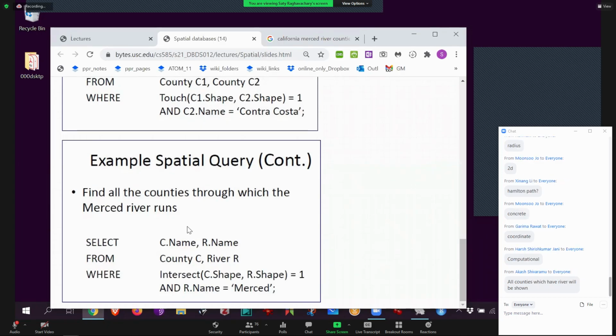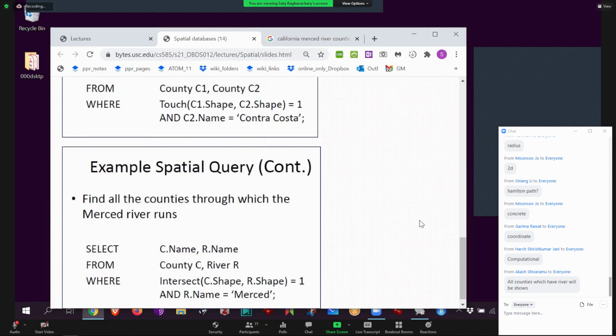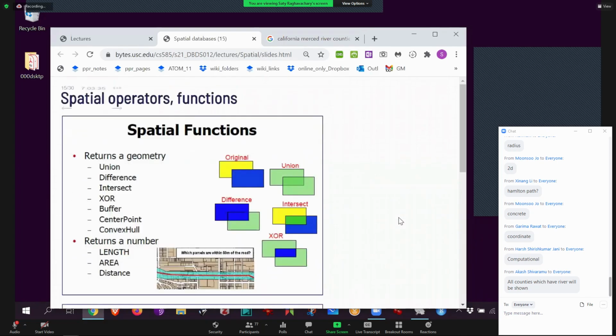All counties which have river, yeah, you're almost on the right track. Can you phrase it a little bit differently? You're right. All counties, and the word all can be repeated. All counties and all rivers, which is actually what you're trying to say. In other words, for any river, if it touches any county, you will actually get the name of the river and the county. Okay, so that is cool, but it's useless, right? Because you want this. So the and will then narrow it down. Hey, neat. You saw an actual SQL why this is useful.